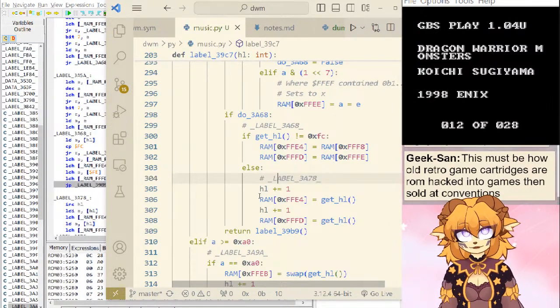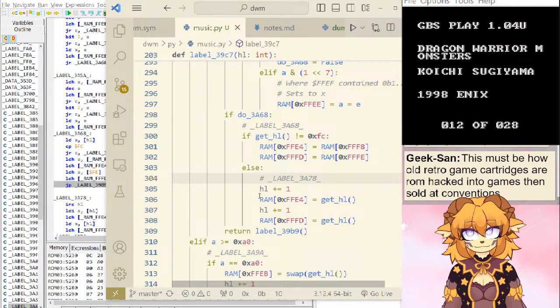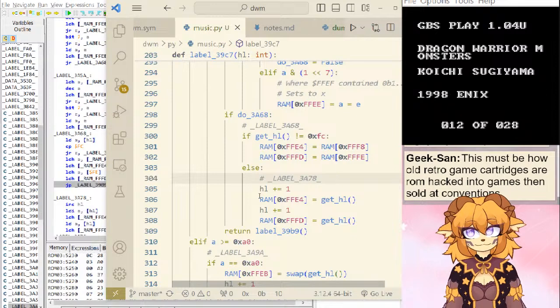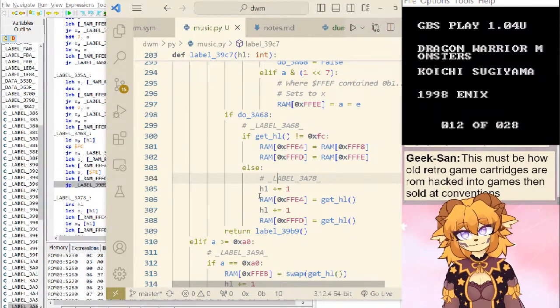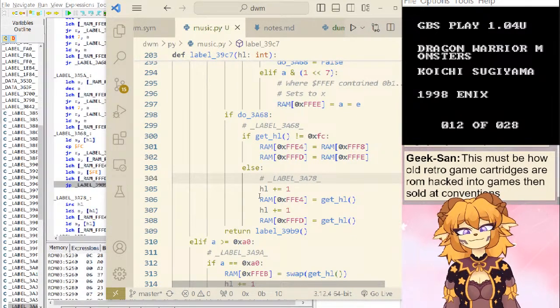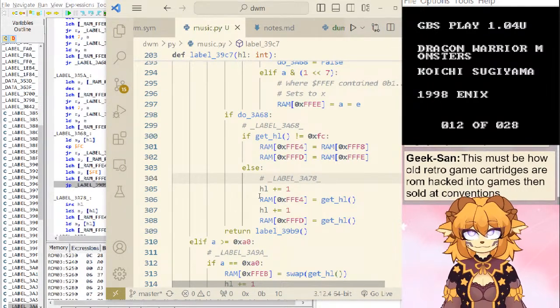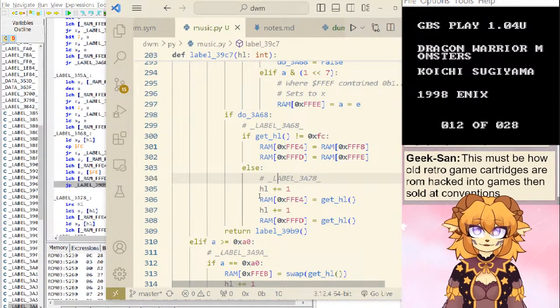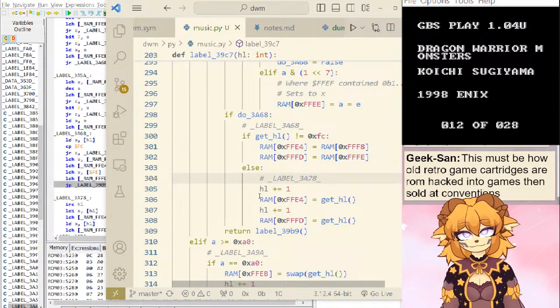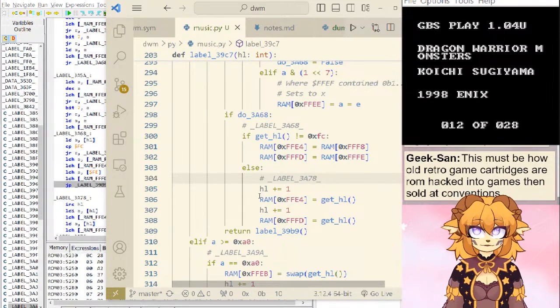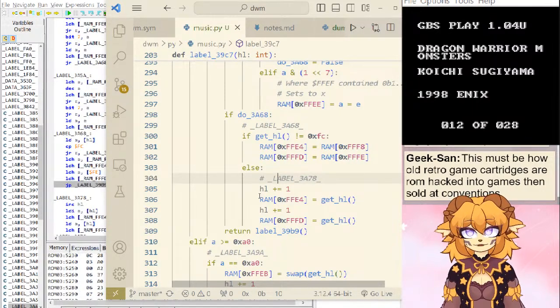that makes sense. This must be how old retro game cartridges are ROM hacked into games and sold at conventions. Huh? Do people sell these at conventions? But yes and no. This definitely falls under ROM hacking. I'm not changing anything in the game, but we will, probably, just to test stuff. And it's definitely in that realm, right?